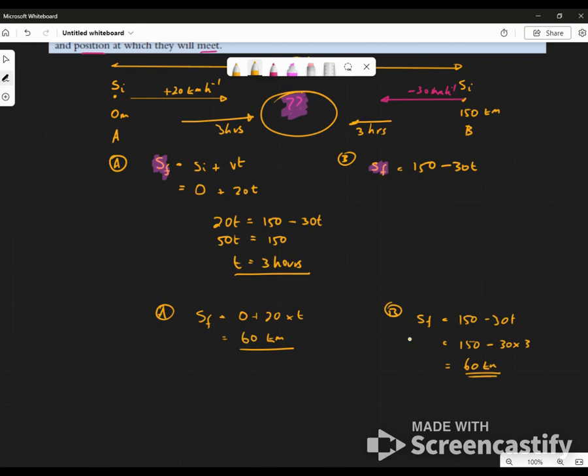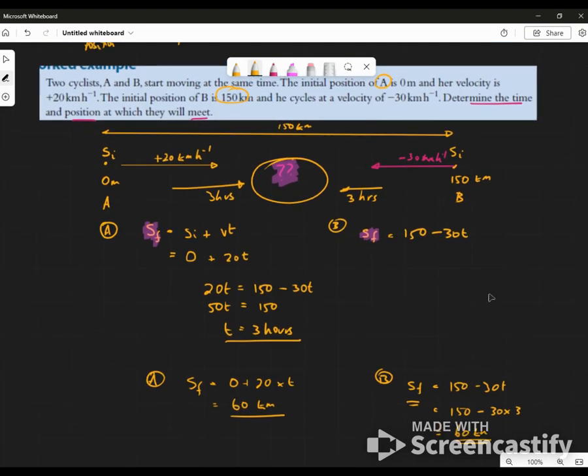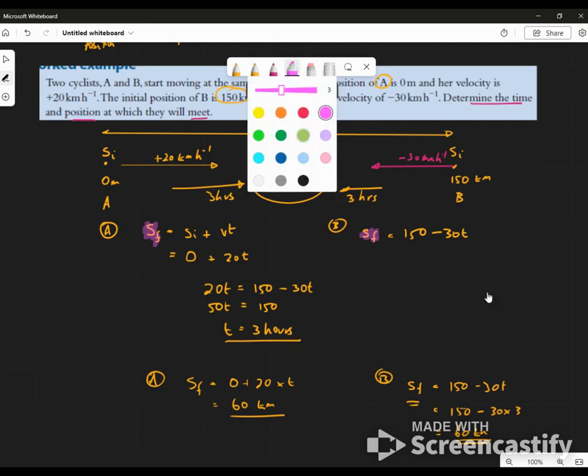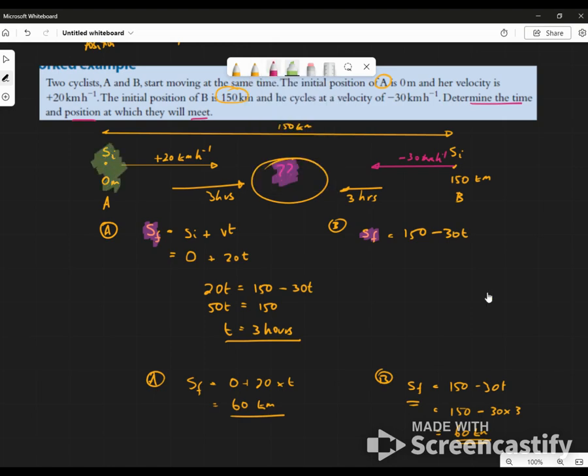It means they'll be at this position. There's 150. Let's go back up to the picture. So where is 60 kilometers? It doesn't mean person B has gone 60 kilometers. It means they will end up at 60 kilometers from the original place, which is this. Person A will go 60 kilometers this way, because they started at 0. Person B will actually go 90 kilometers this way. But the place they meet, let me do a nice different color, is 60